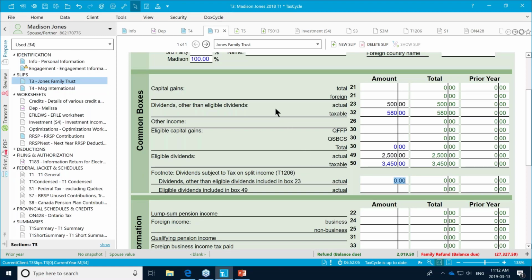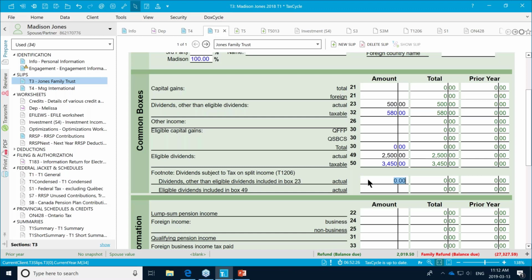So in this case, I've created a fictitious T3 where we have $500 in other than eligible dividends, and $2,500 in eligible dividends. I'm going to go ahead and say that 100% of these are split income amounts.